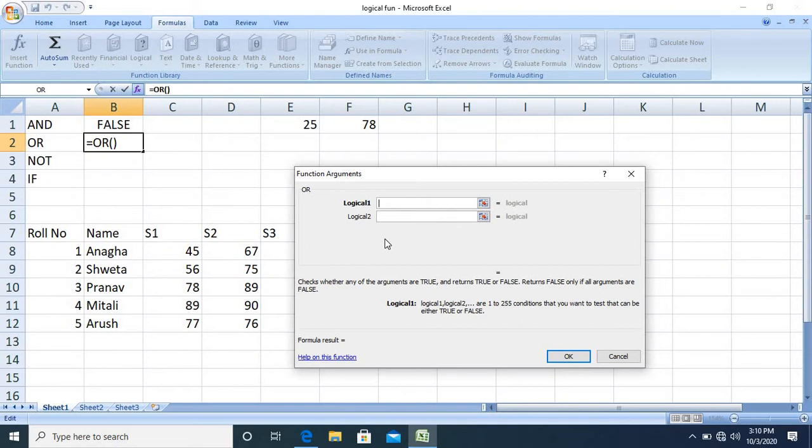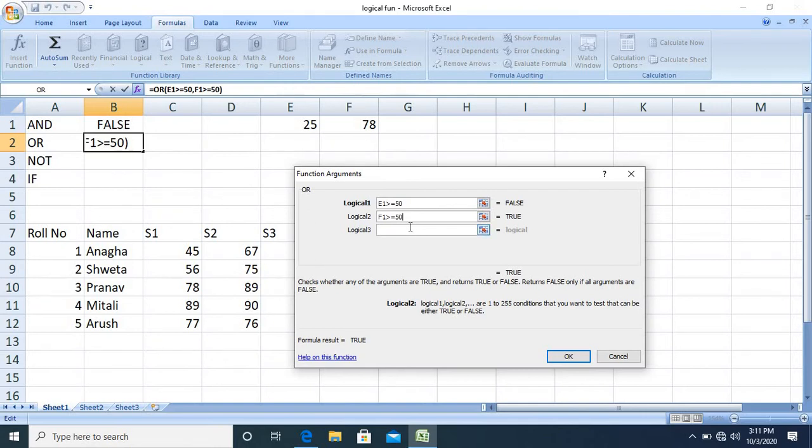That means when all the conditions are false, OR returns false, otherwise it returns true. Let us take the same example here. Our logical condition is E1 greater than or equal to 50 and F1 greater than or equal to 50.